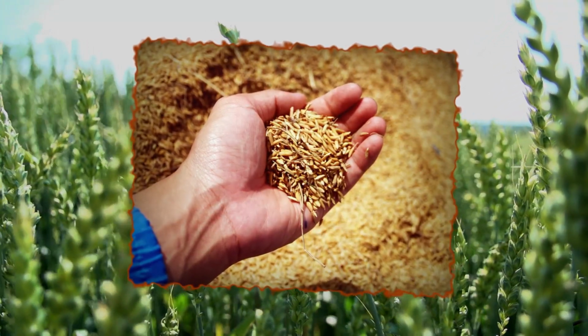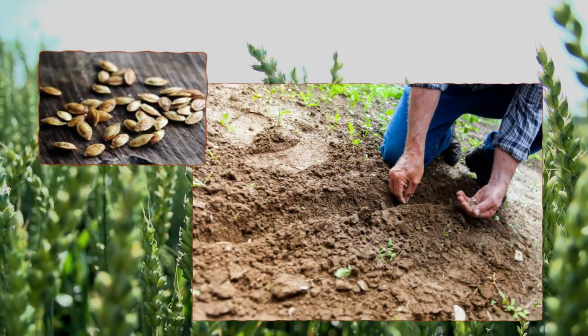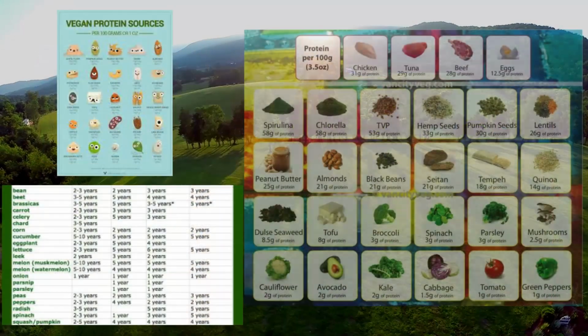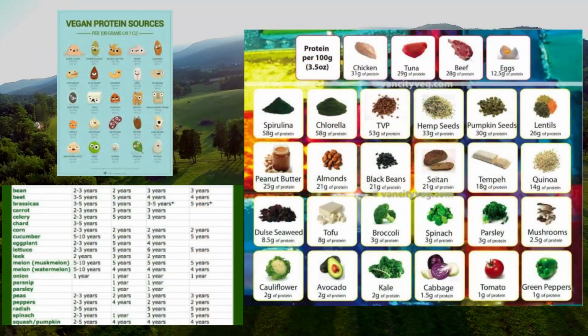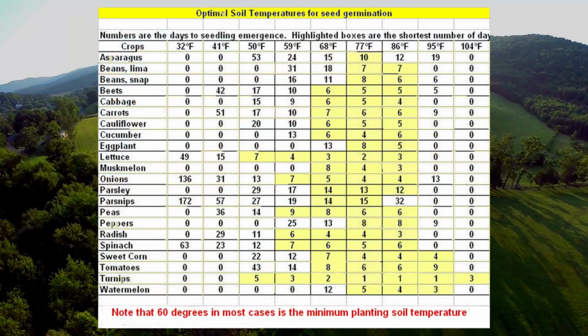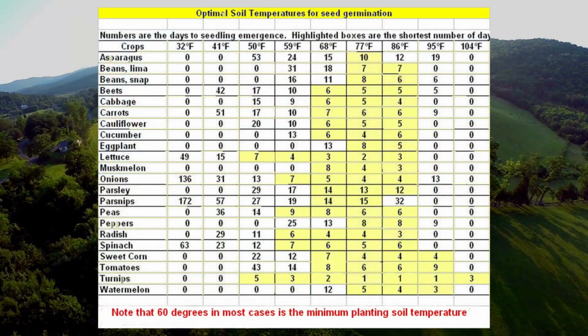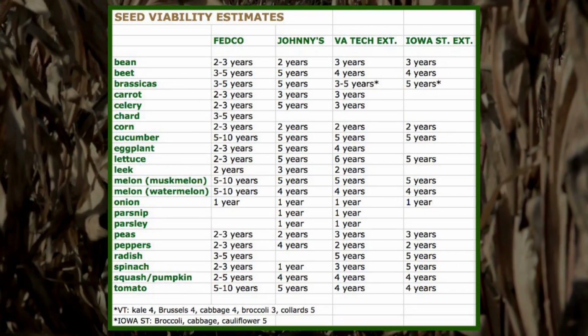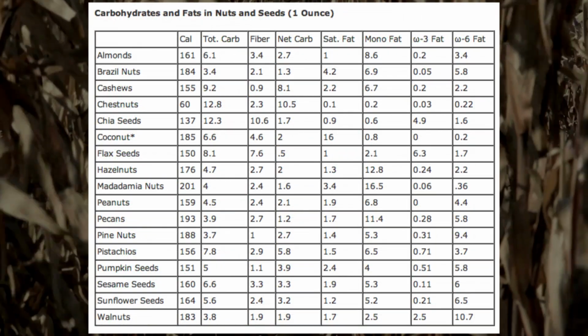And we'll see that the survival time of your average seed, if stored properly, is between 2 to 7 years, and some of them up to 8 years. So seeds will also be an excellent addition to a stockpile because, after all, we're not just looking to stay alive for 72 hours or a month, but if it's truly a life-threatening situation that is not going away,